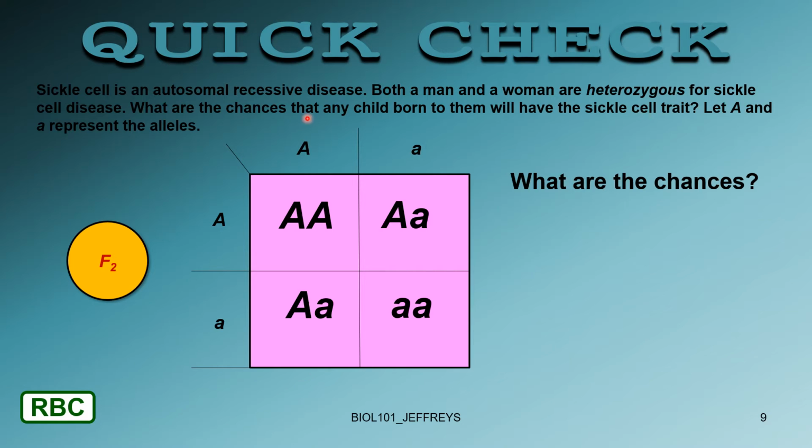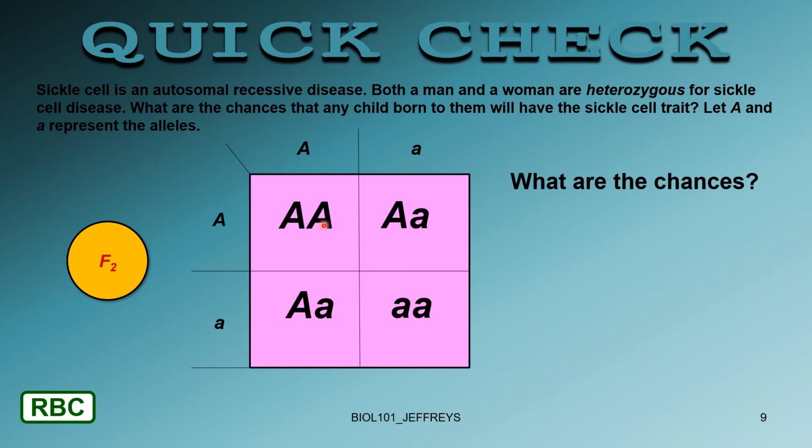So here's a heterozygous male or female, doesn't matter, and a heterozygous partner, big A, little a. And so the question is, what are the chances that any child born to them will have the sickle cell trait, will be heterozygous? All right, so if we do the cross, we have big A,